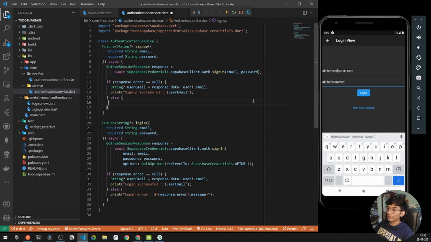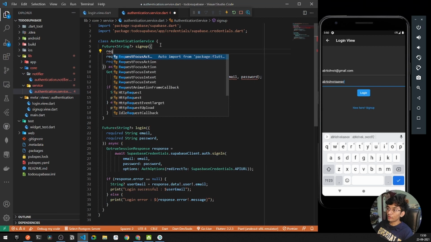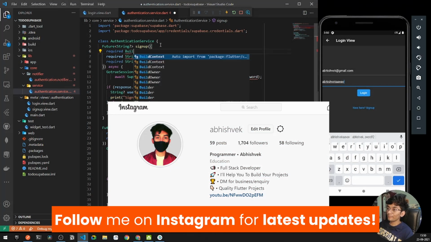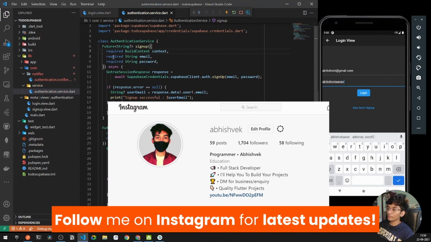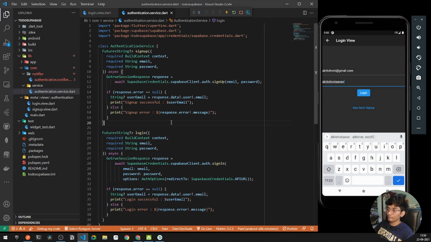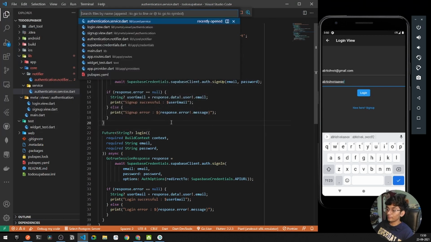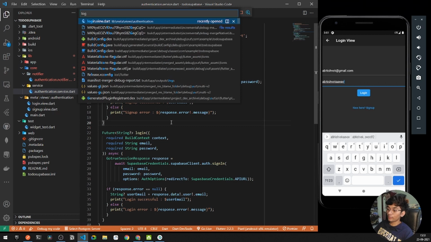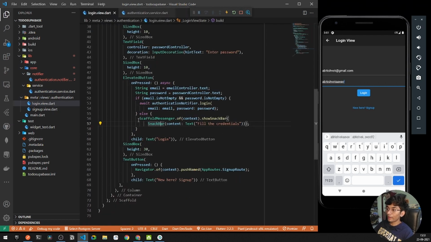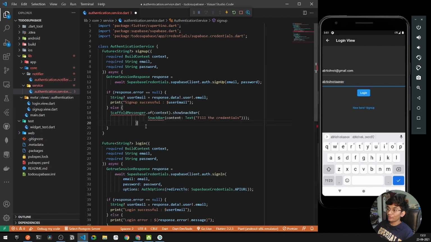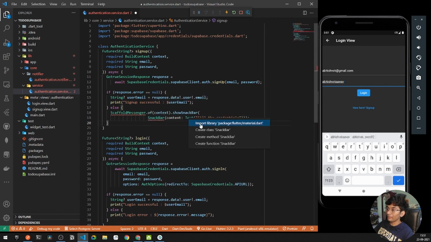What I'll do here is we need to add a new scaffold messenger. But before that, we also need to give it a new context. So I'll say build context, not a bucket, but build context for a context. Copy that, and we also need it under login. I can go under the login view for now, and I can copy the entire scaffold. It is my snack bar. So this should be it. Let's import our material.